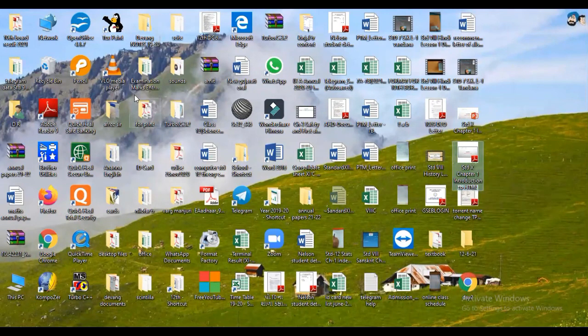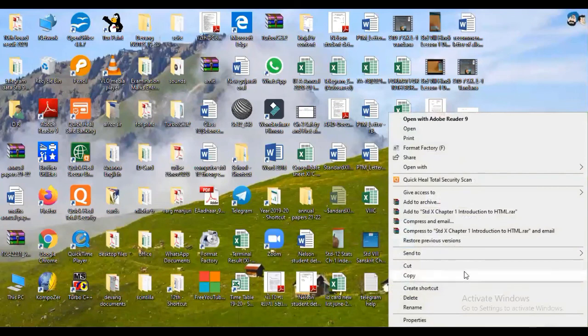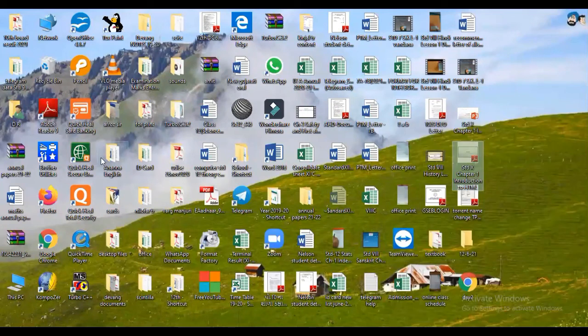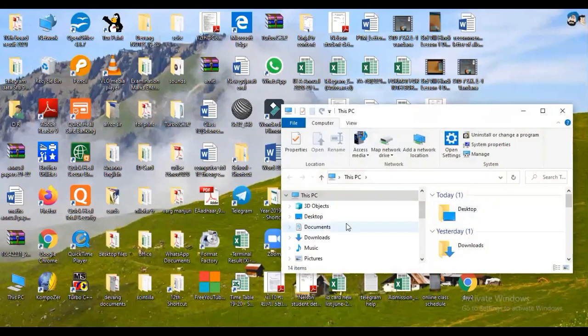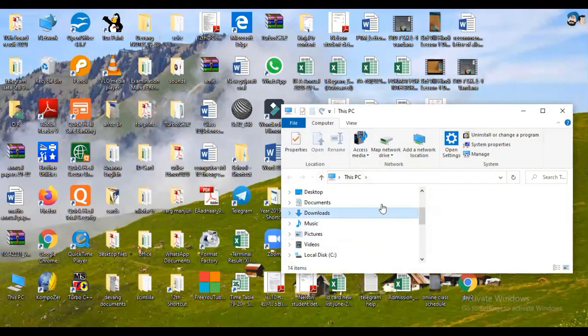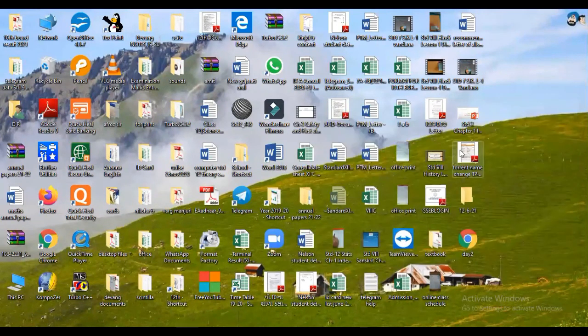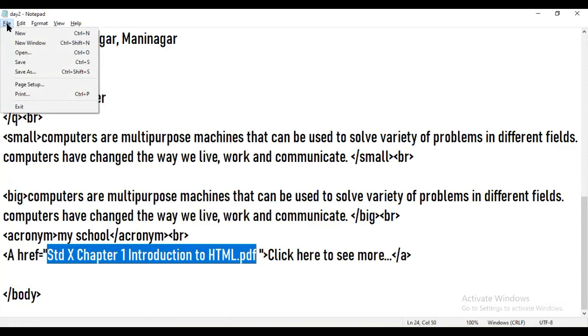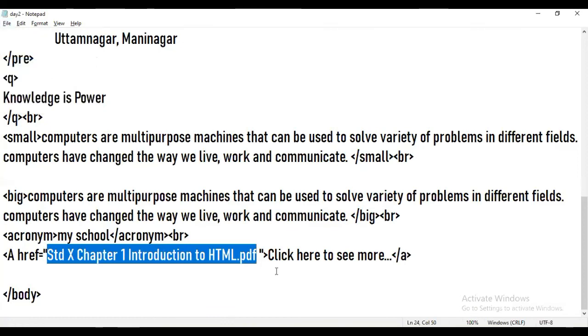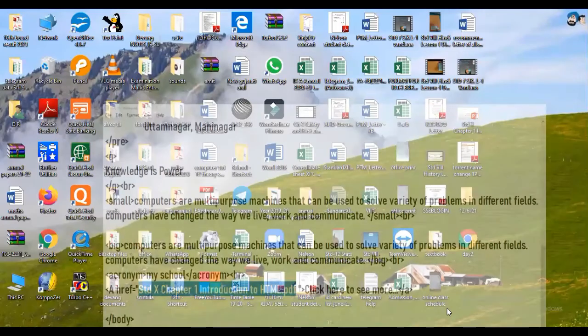But if this file is somewhere else, for example, I am removing it from here and saving it to some other folder, for example downloads, paste. So now this file is no longer here, the one that we have included here.